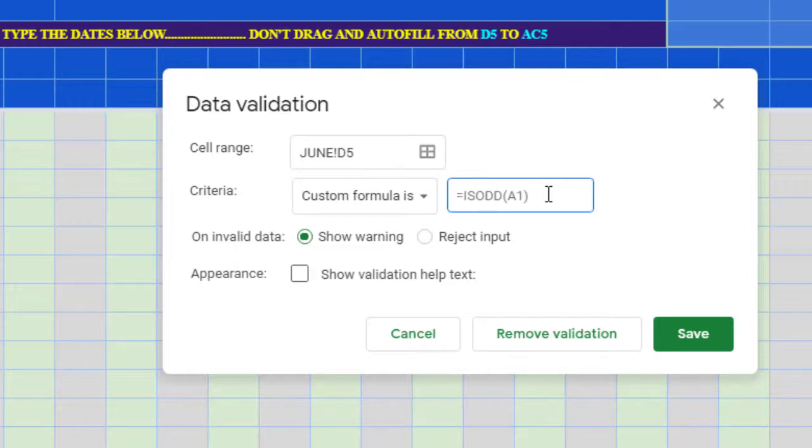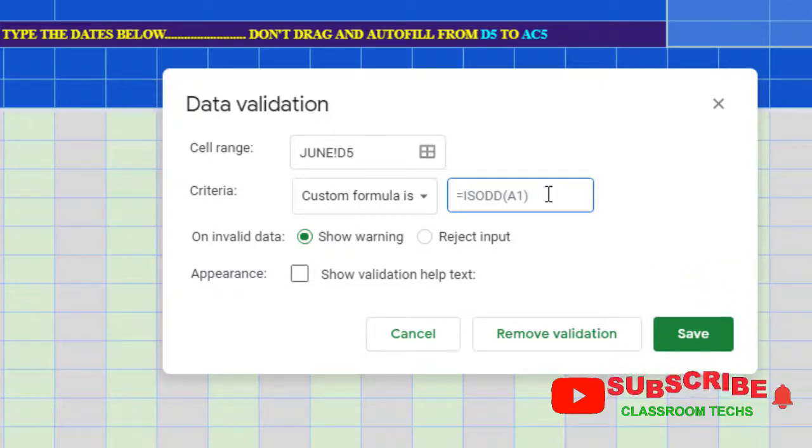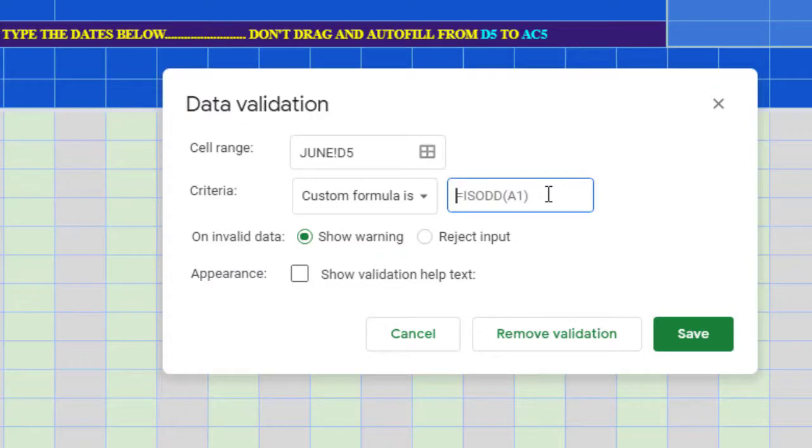In this box we are going to type a formula to block or to open only this first column cell. Whenever you type a formula you start with an equal to sign. So I am typing equal to here, and next we have to type the cell in which the total working day is coming.